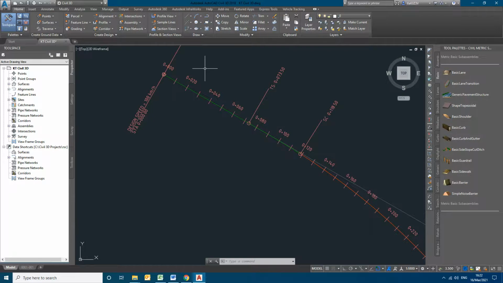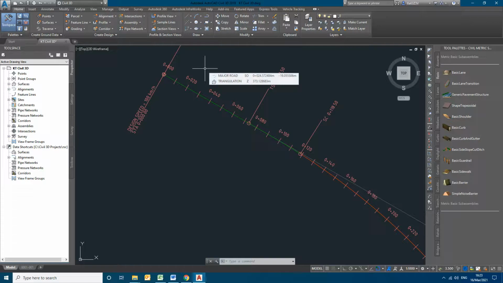So our assembly components will include sub-assembly components like lanes, curbs, footpaths, cycle tracks, side slopes, ditches. It can be median and guardrails, as well as many others.